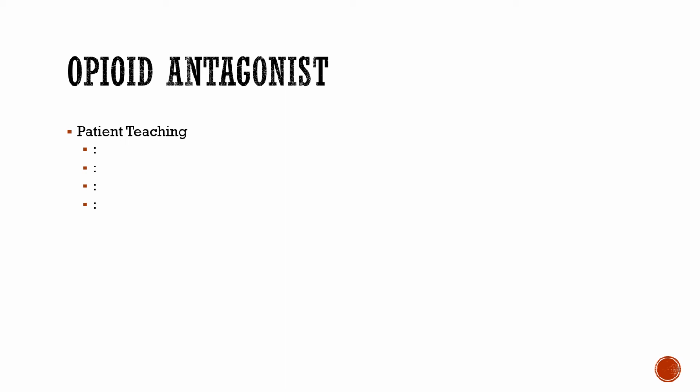Be prepared to administer CPR if necessary. Be prepared to give a second dose and wait for 911 to get there. You have to call 911 because that's only going to last for so long. We're only hoping to get them back until 911 can get there and give them the injectable. I've seen people that had injectable naloxone as well, but it's not as common. There's different devices for that. There's actually a device that it's all packaged. It's almost like an EpiPen. The most common, though, that I've seen anyways is the intranasal. So we're going to teach the patient or the family about that.